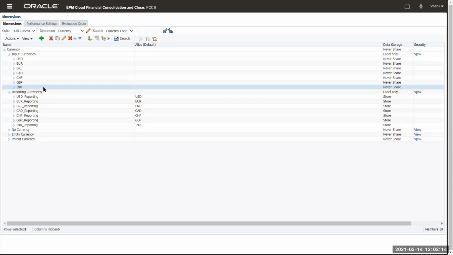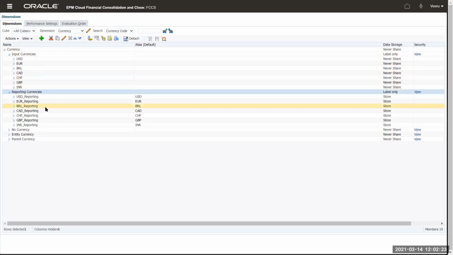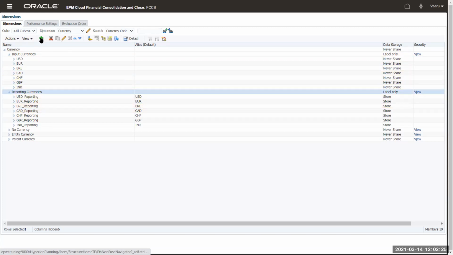So we'll not go and add a new reporting currency itself. We'll make an input currency a reporting currency. You cannot go and add anything. There's no add button here. The only add button you have is add currency. Once you add it, you have to refresh the database. I'm not going to refresh it now, it's going to take some time. But this is how you add currencies.